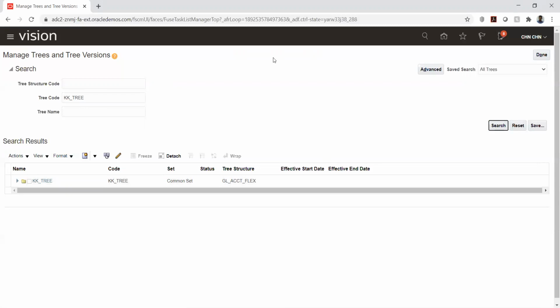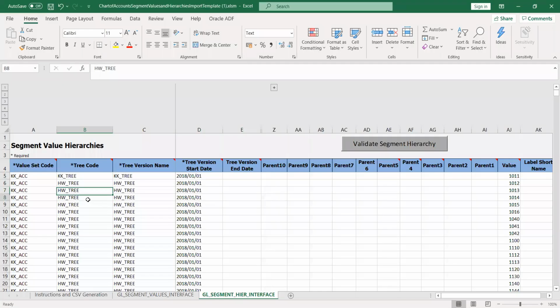Okay. So let me update the tree code and tree version name for all the values that we are trying to load.